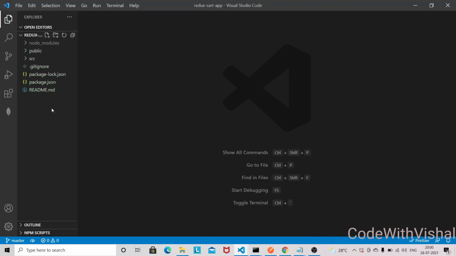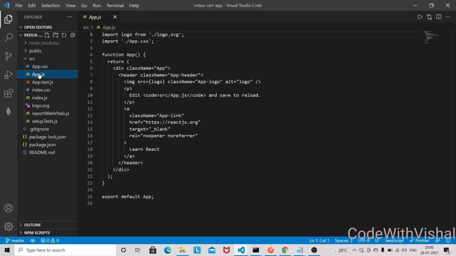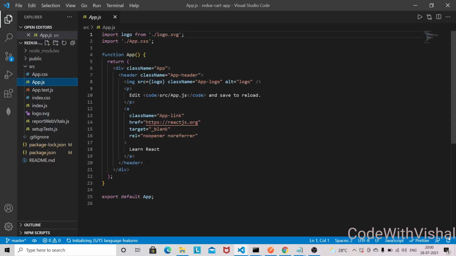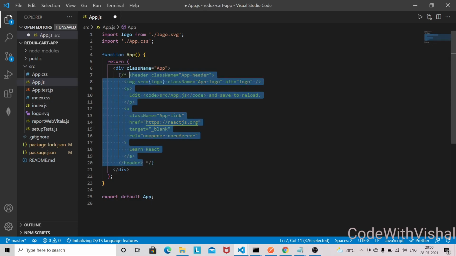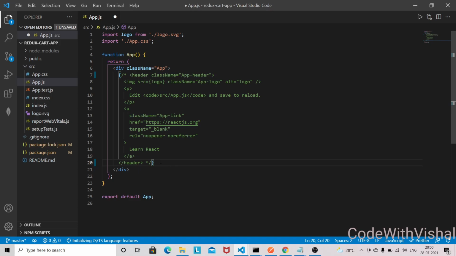So guys, this is the project that we have created, and it's open in my Visual Studio Code. And in app.js, we are going to remove this one. Okay, so we don't need this one. So we are going to structure, and first I will work on the UI, then later I will implement the Redux. Okay, so what we will have, so we'll have navbar first, and after that we'll have a cart